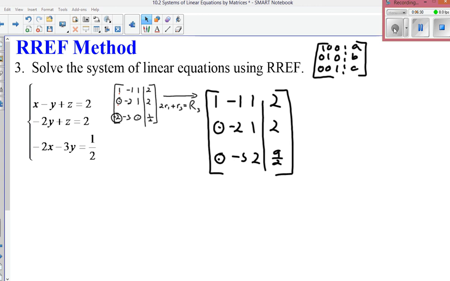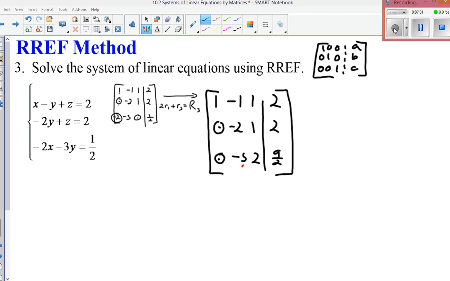So similar to my elimination, now that I've noticed that I got zeros in that first column on the bottom two, I want to try and go ahead and eliminate this negative 5 there so that I can just get the third column by itself, and get a 1 there. So what I'm going to do is recognize, well, negative 2 and negative 5, I can't multiply one to get the other,